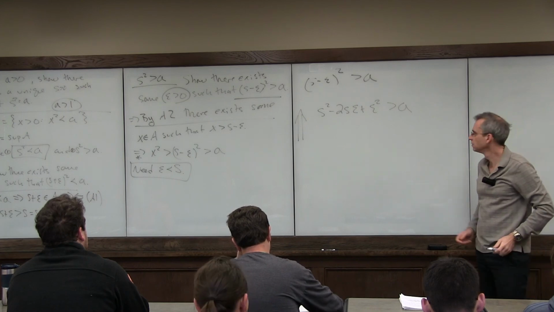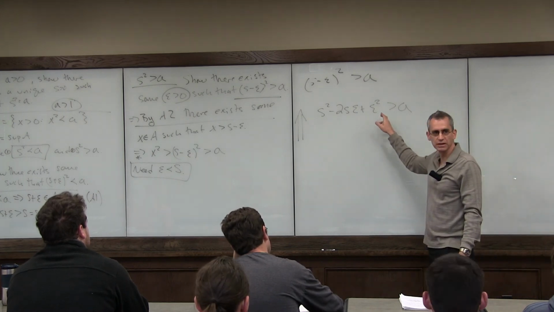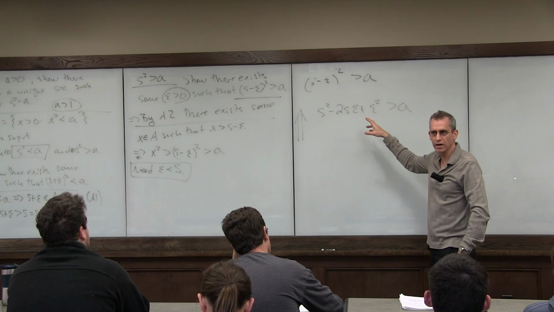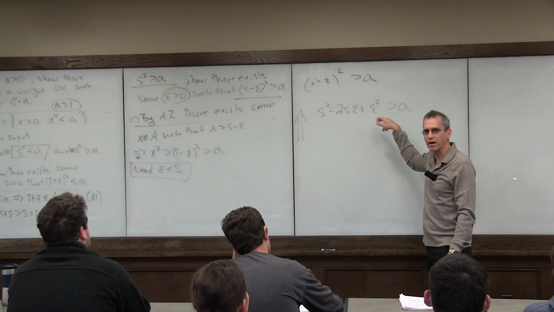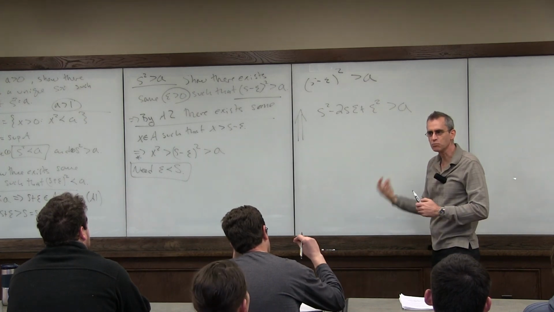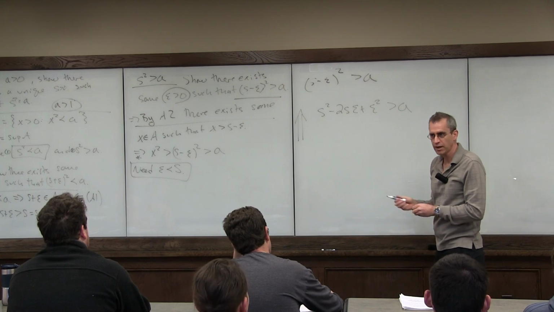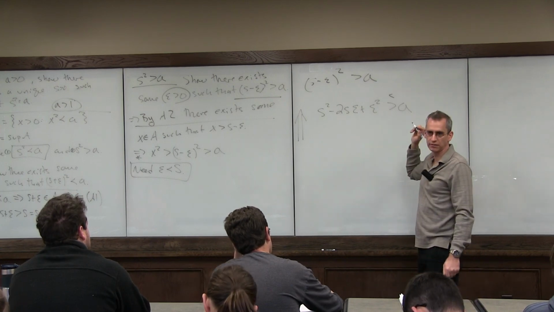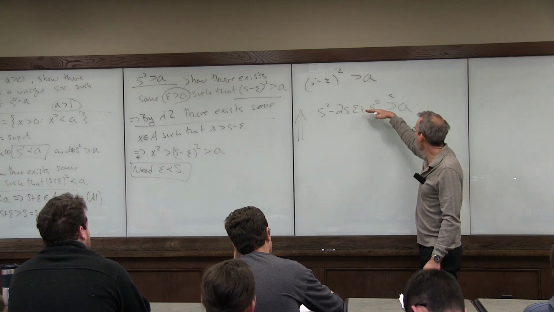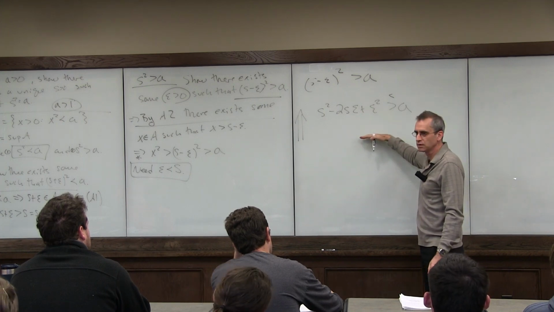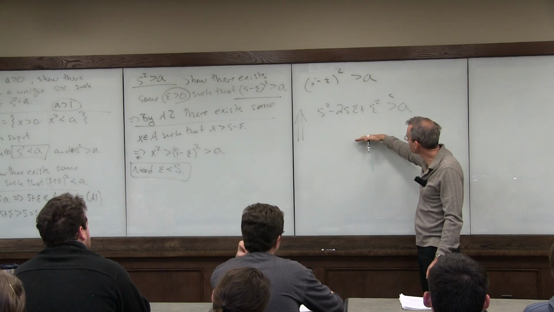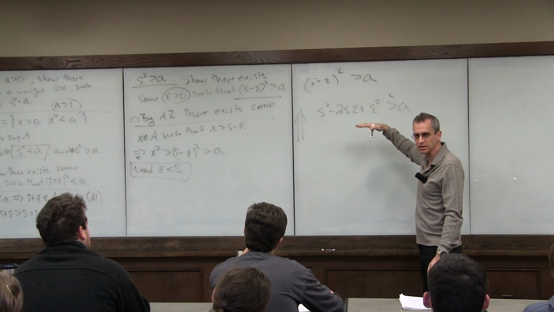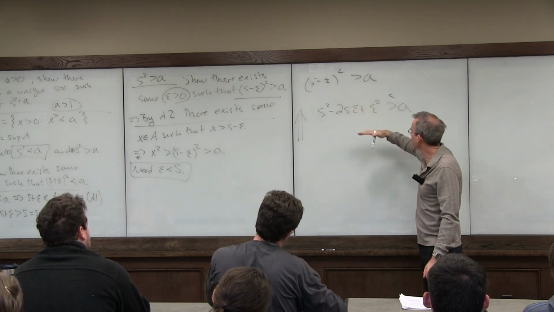We wanted epsilon to be less than 1, right? And why did we want that? Because when you squared epsilon, it gets smaller. And last time, we had this going on. And so we wanted to make sure that this one was bigger than that one. Because if this was bigger than that one, if this inequality